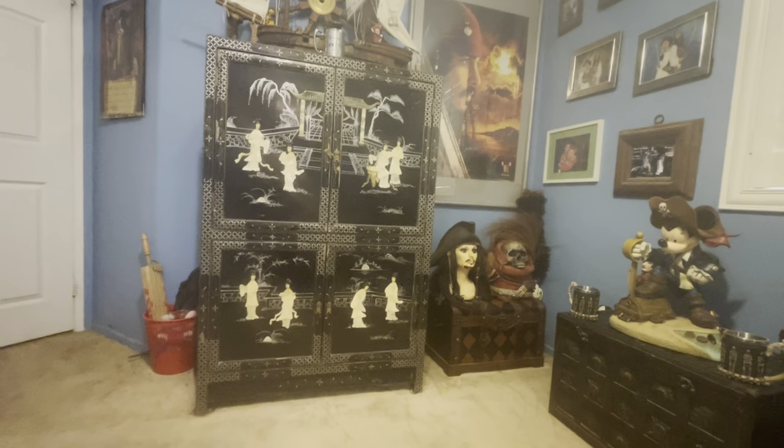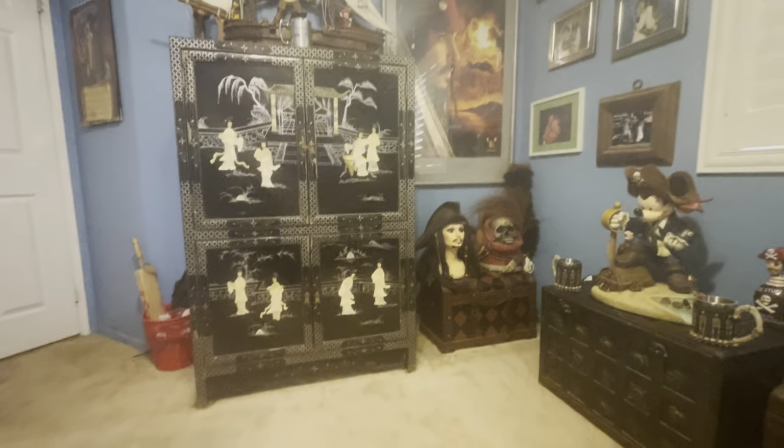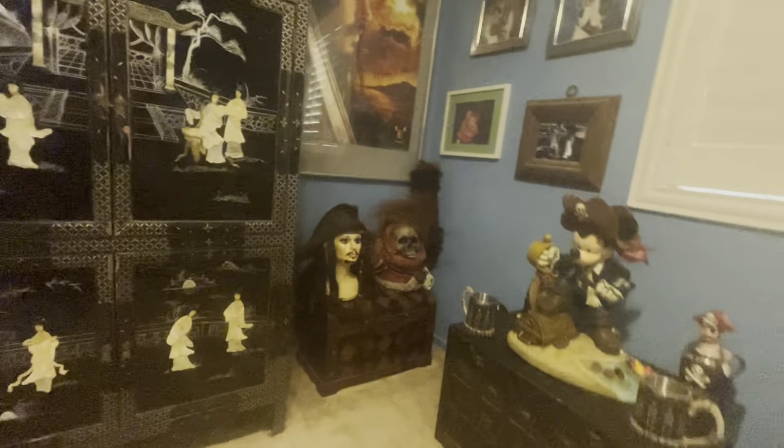All right, this is a little tour of my pirate room, and I'll go through what everything is and how I came about it and what it means to me. So, welcome to my pirate room. All right, over here let's start with